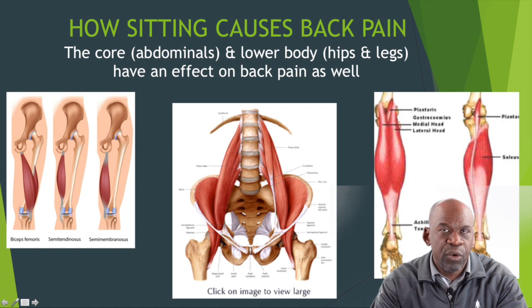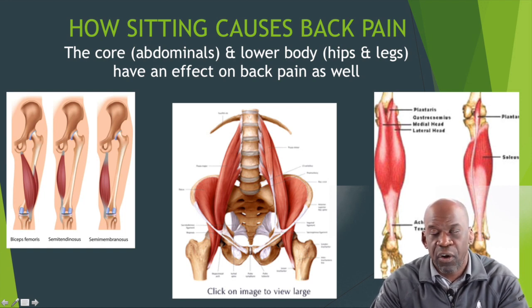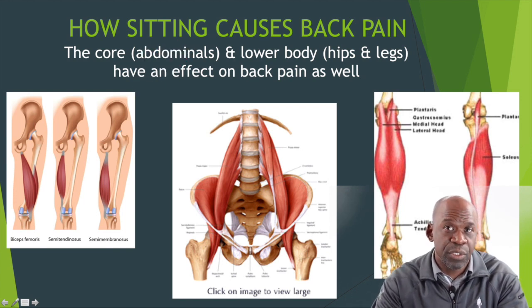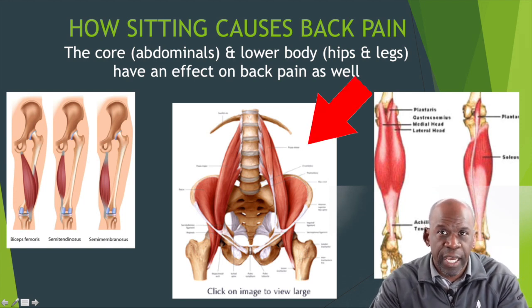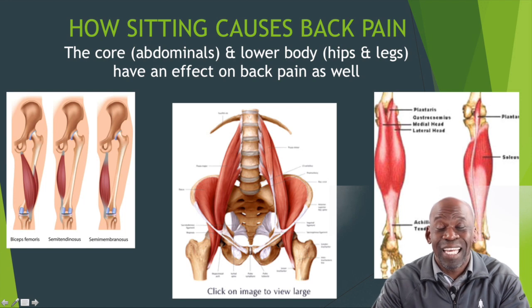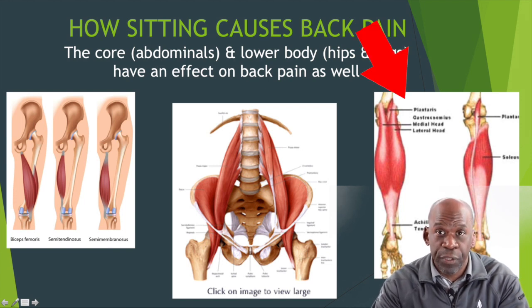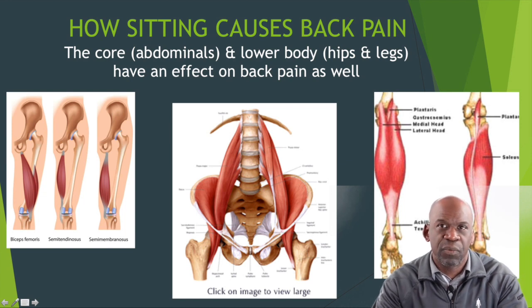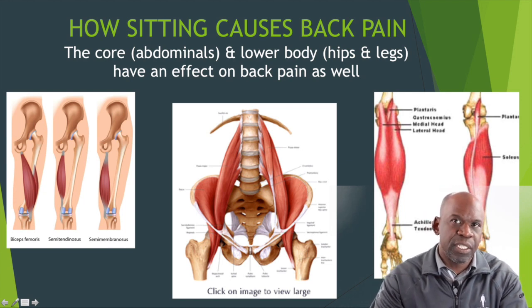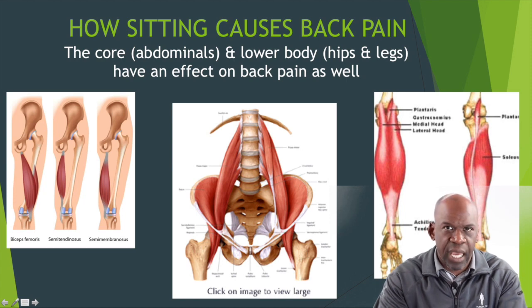And here we've just shown some of the anatomy of the lower extremity muscles that are involved. This includes the muscles on the left-hand side, the hamstrings, which are on the back of the thigh. It also includes the iliopsoas, which are two muscles that connect the trunk to the lower extremities. And it also includes the muscles below the knee on the posterior aspect, the gastrosoleus complex, or the soleus and the gastrocnemius, or the calf muscles.